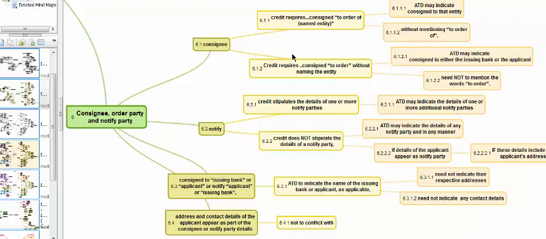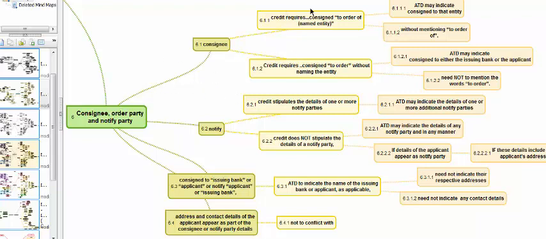So to have control over the goods, we call for two things. One, the issuing bank will say it has to be consigned in my favor or to my order, though to order doesn't have much significance. And the issuing bank will also say the consignor copy or the shipper copy should be given to me, so that the shipper doesn't have his own copy. So the shipper doesn't have control over the carrier to reroute the goods to a different port or to a different party, or to recall the goods.